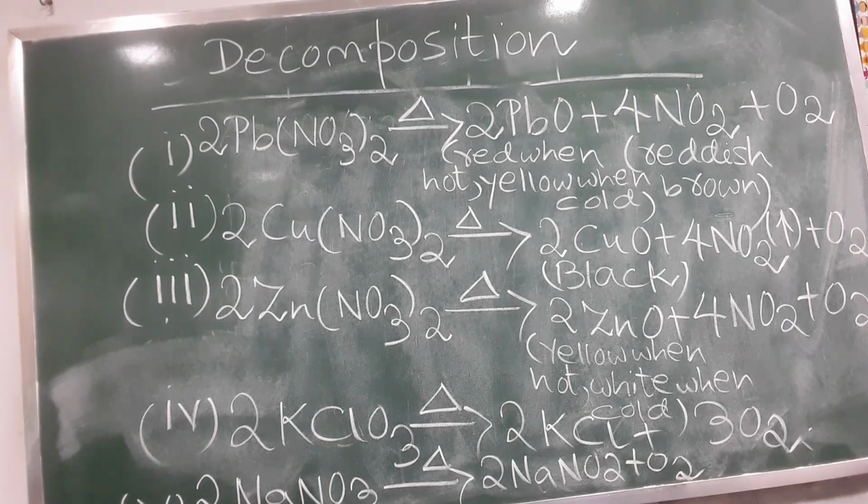In the second reaction, copper nitrate on heating decomposes to yield copper oxide, which is black in color, reddish brown fumes of nitrogen dioxide and colorless oxygen. In the third reaction, zinc nitrate decomposes on heating to yield zinc oxide, which is yellow when hot and white when cold. Reddish